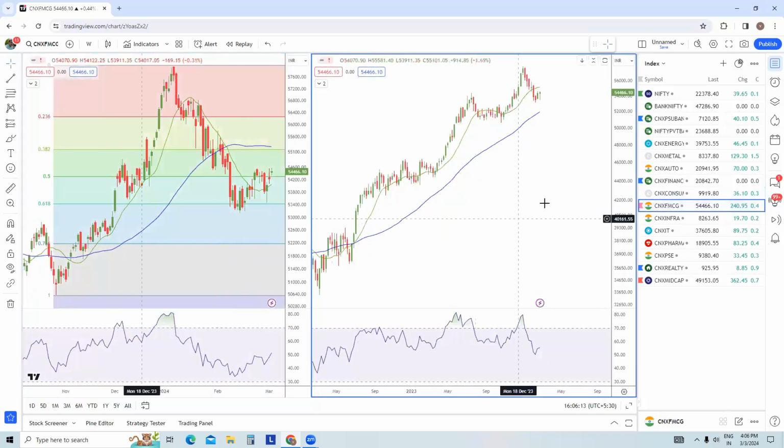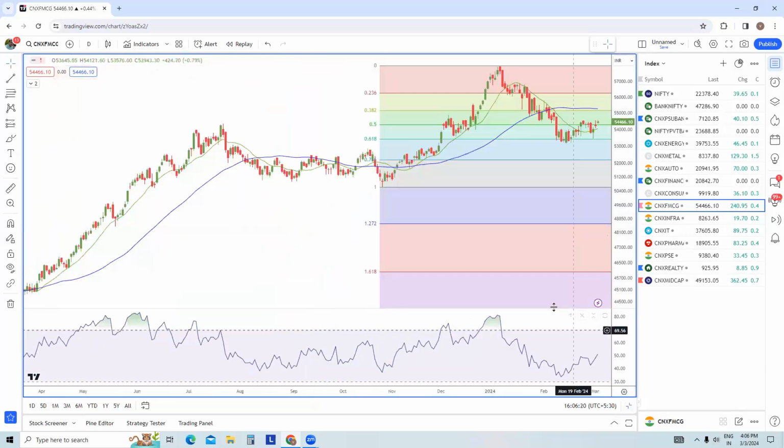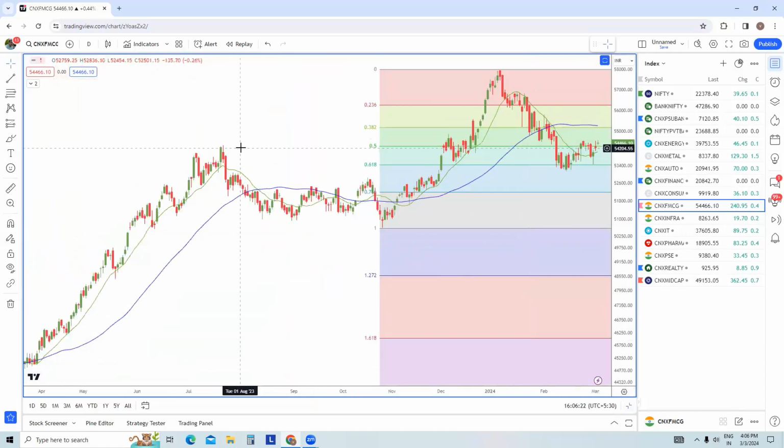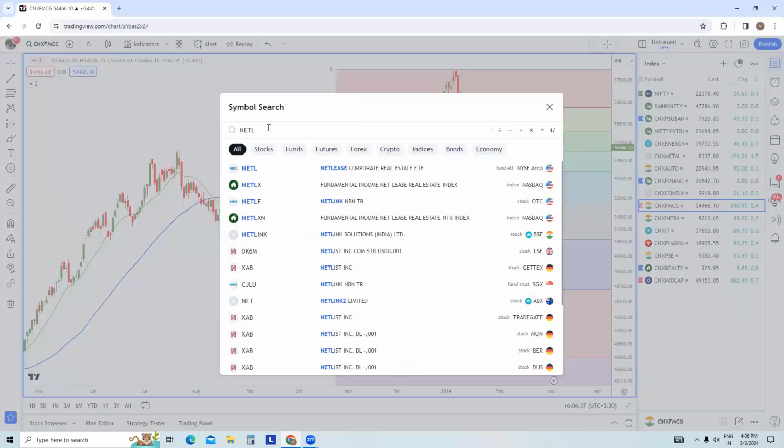FMCG pack in the weekly time frame chart, it's looking extremely lackluster. It doesn't look at all interesting. If you're a bullish trader, you will really feel like you want to avoid looking at the weekly time frame chart. In the daily time frame chart, also we can say that things are looking okay, because it's trading at a support. It has not been able to break this low, which is a good sign, but again, it's lackluster. Only one stock, that is what I have been